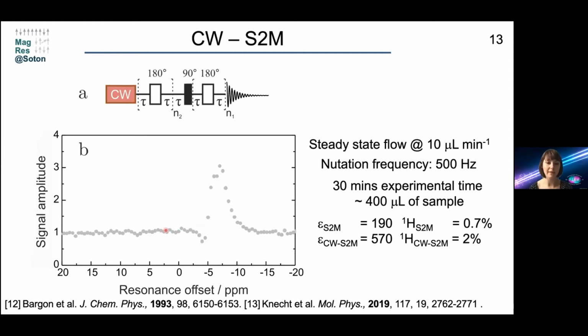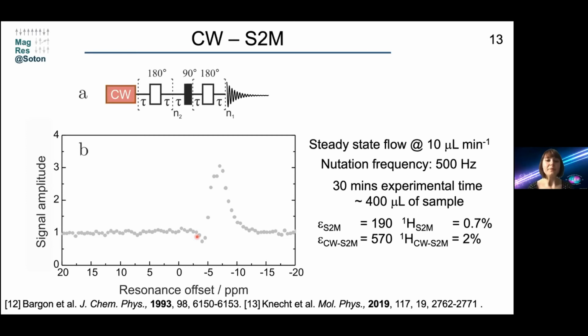So here we have performed this experiment, and we applied a nutation frequency of 500 Hertz and varied the resonance offset from 20 to -20. And we can see that at around -7, we have an increase in signal amplitude by threefold. Such a picture isn't very uncommon for SABRE experiments, but for